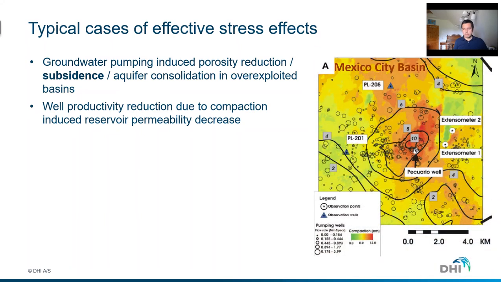Another example is the Mexico City Basin. Here also, for 20 to 30 years, a problem of land subsidence has been observed due to the overexploitation of groundwater resources in the Mexico City Basin aquifer. Another typical case where this hydromechanical process will be applied is to evaluate well production. There will be a reduction of the productivity due to the compaction induced by these changes. So we start compacting and consolidating the material, so we will decrease the conductivity, close the porosity, and therefore reduce the